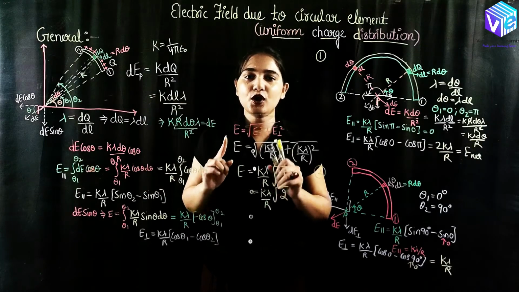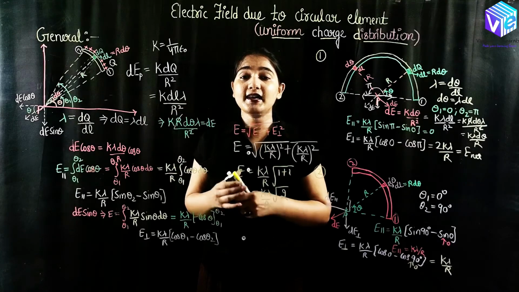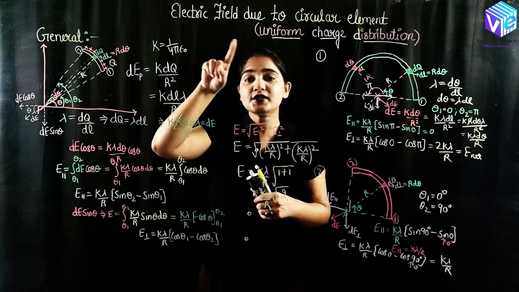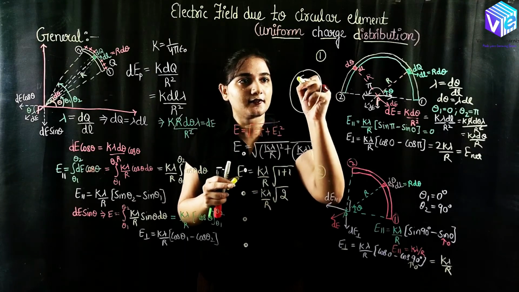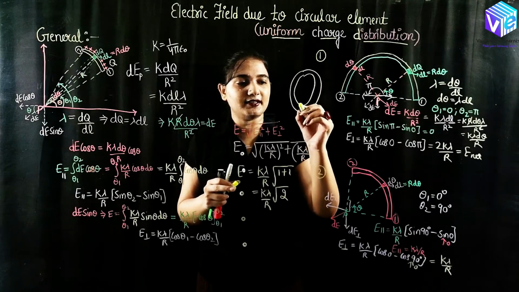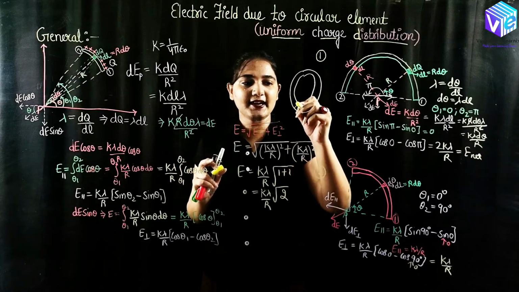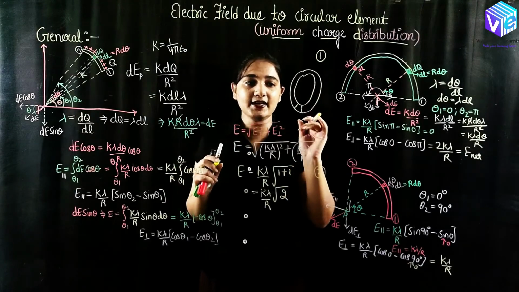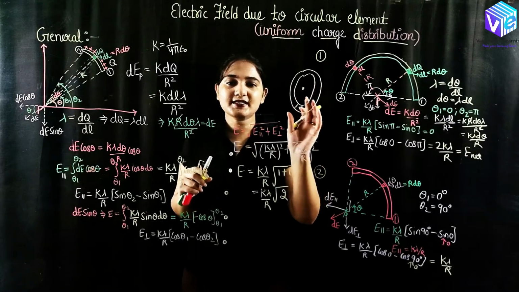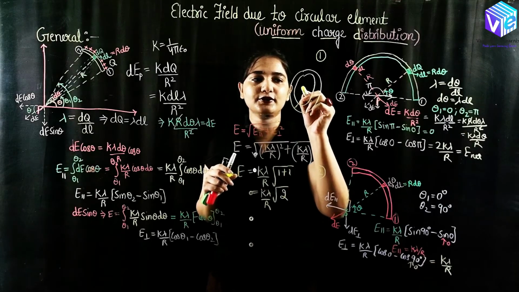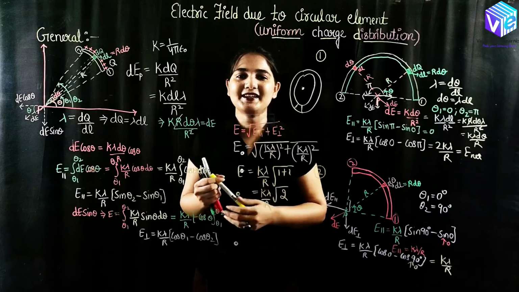Okay, now I am giving you a homework. So it is your task now that you will be finding out the electric field due to a full circular ring. So here I have the circular ring like this. Okay, so this length is negligible. I hope now you are understanding. I am not taking any radius of this element. So this element is having 0 radius, almost negligible radius. So now it is of 360 degree length, and you have to find out the electric field due to this circular ring.